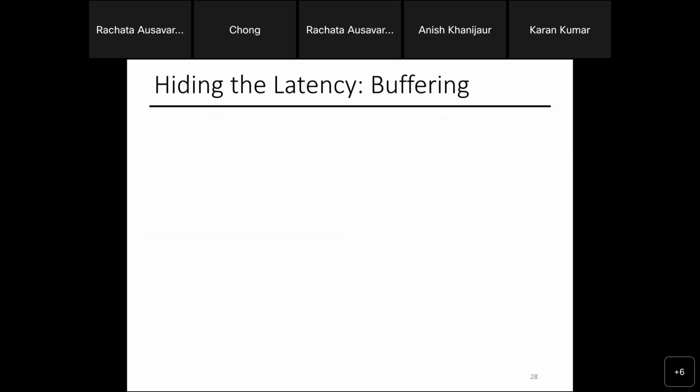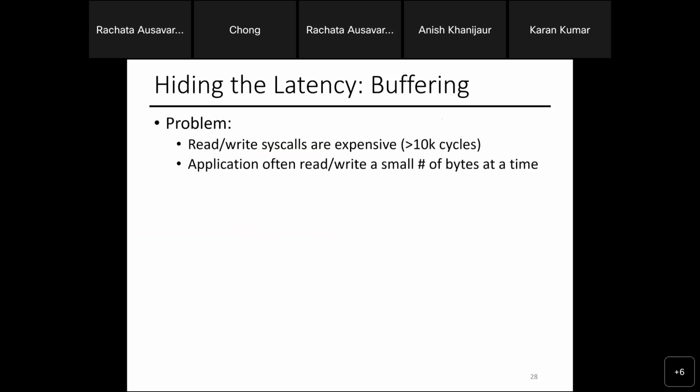Now, IO is slow, right? Everyone has noticed that. If you read something from the disk, it's going to be much slower than, say, your DRAM. One other common trick that we use to implement IO is what we call buffering. What is a buffer? It's like empty slots. When you do a read or write system call to a file, these are always expensive, in the range of microseconds or milliseconds, and if your file is huge, that can be milliseconds.